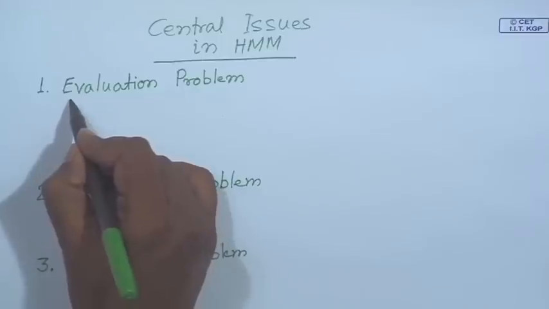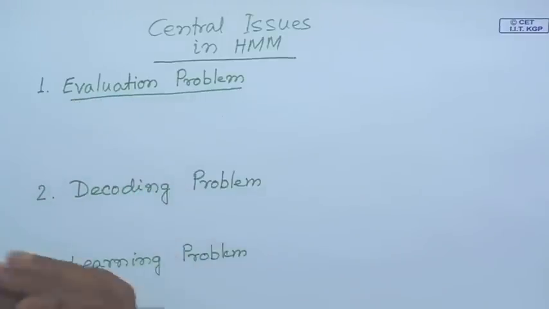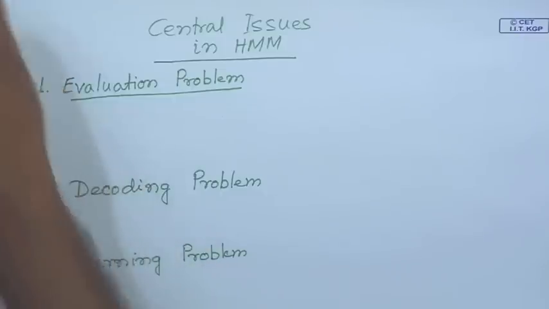Now, what is this evaluation problem? Let us come to this problem first. We said that when we have a hidden Markov model theta, when this hidden Markov model theta is specified, we say that we have three things. One is the hidden states. We have the visible states or visible symbols. We have the transition probabilities Aij whenever the hidden Markov model makes a transition from state omega i to state omega j. We have the probabilities corresponding to the visible states, though it is actually an emission probability,